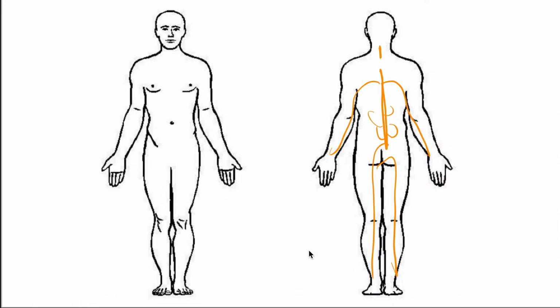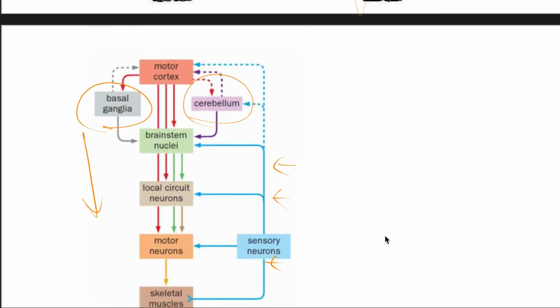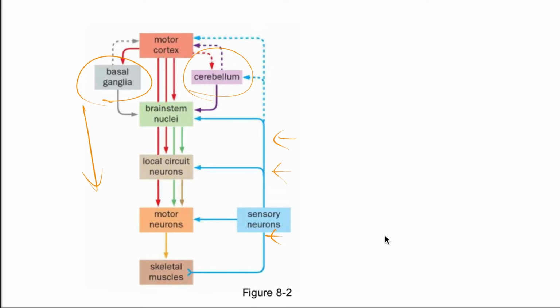The motor neuron cell bodies are in the brainstem and spinal cord, and their axons travel to organs and muscles in the body and limbs. So like it goes to our arms and legs. From a macro level, movement control is hierarchical, as you can see from this relational diagram. The motor cortex sends information downstream to different parts of the brain, then to the motor neurons, and then finally